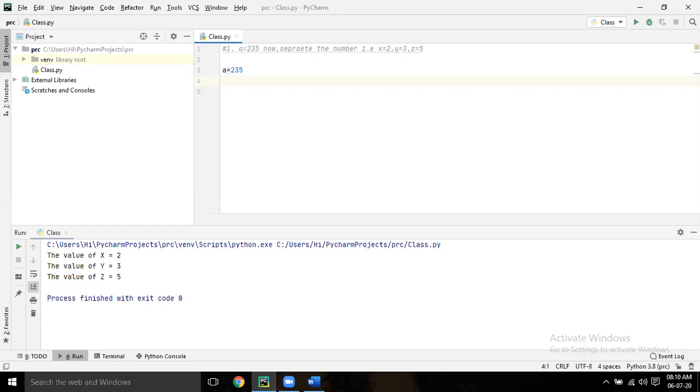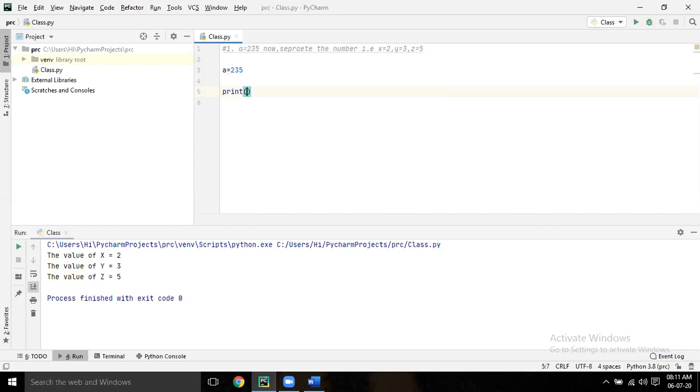Tell me how you did print. No, no, you can't take 2, 3, 5 directly because 2, 3, 5 is already there. You have to write a program to segregate it.